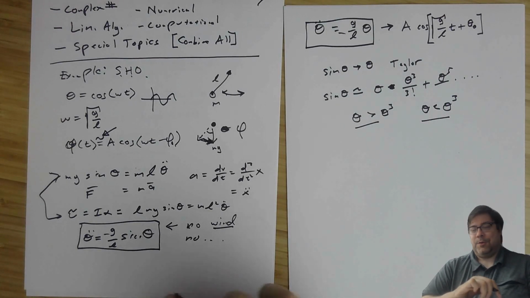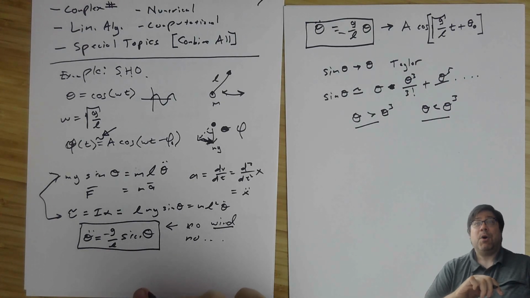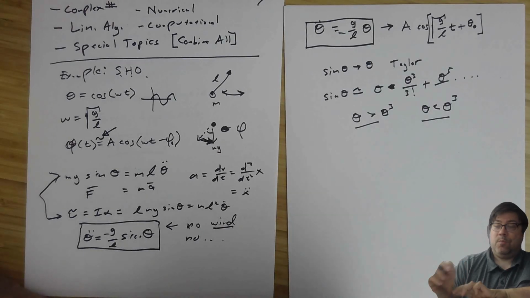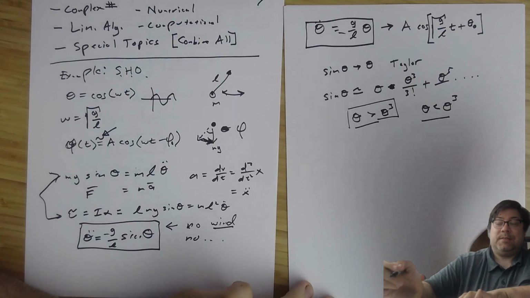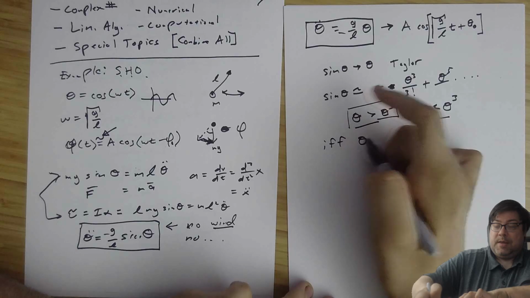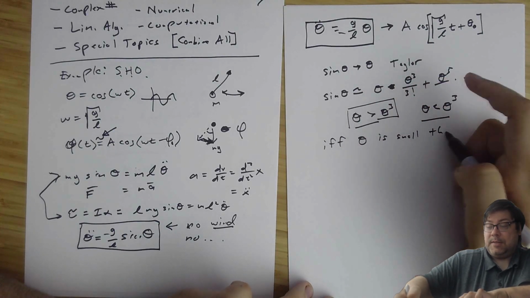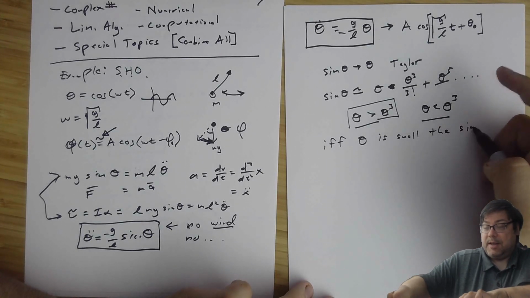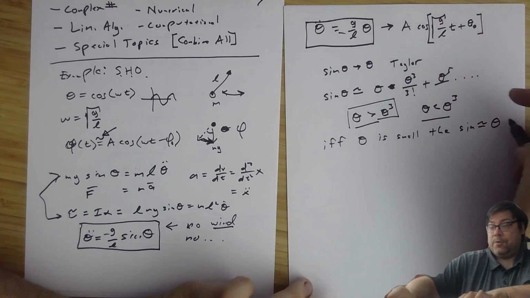And if your professor or instructor was good in this course, they might have even used the word small angle approximation. Why is it a small angle approximation? Well, because it only works in this situation. So if theta is small, then it's acceptable to say the sine of theta roughly equals theta, and then we can go back all the way here